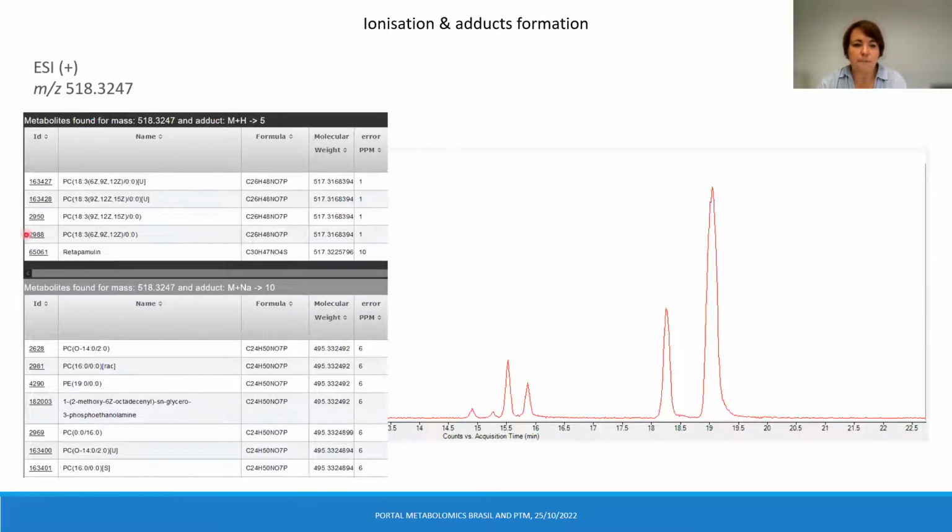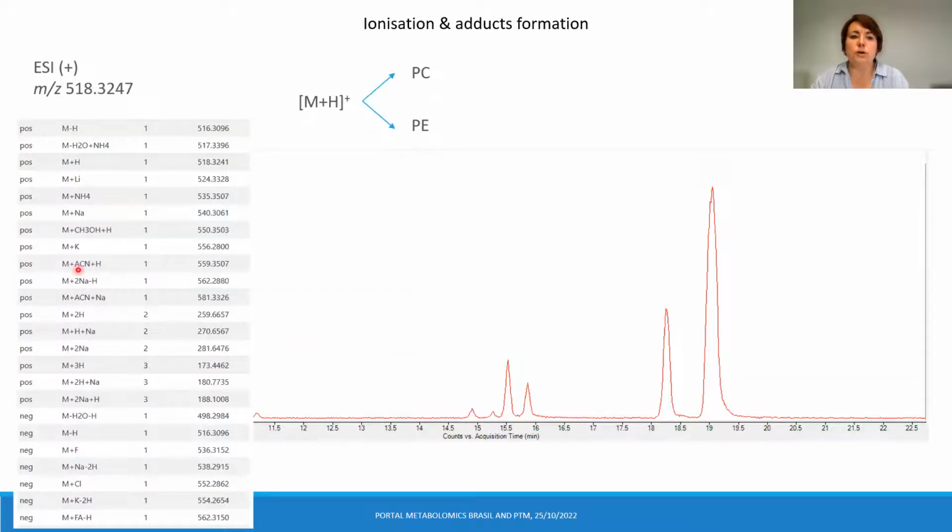And one important thing, here on the list, I have only one candidate, LysoPC 18:3. Here I have PC and PE. What is important is that for each given phosphocholine, we can have a phosphoethanolamine, because they have exactly the same chemical formula. The only difference will be the number of carbons in the fatty acid chain, which is always 3 bigger for phosphoethanolamines. For phosphocholines, it's 3 smaller, because 3 methyl groups are present in the choline head group.